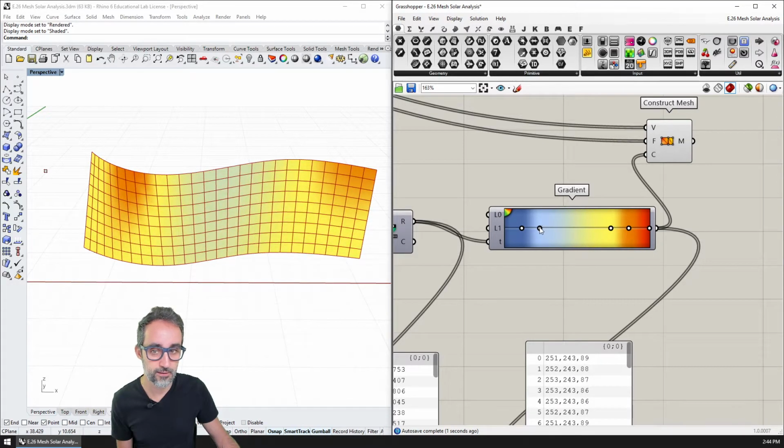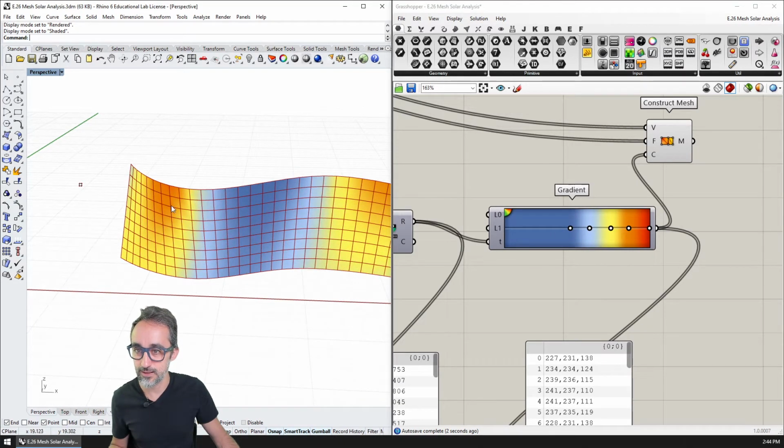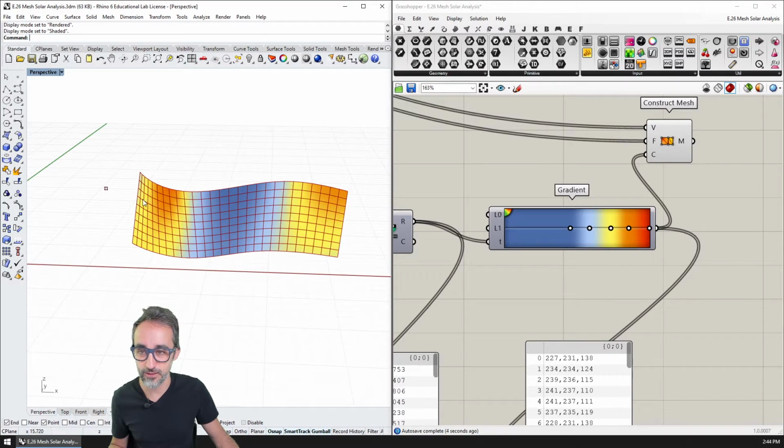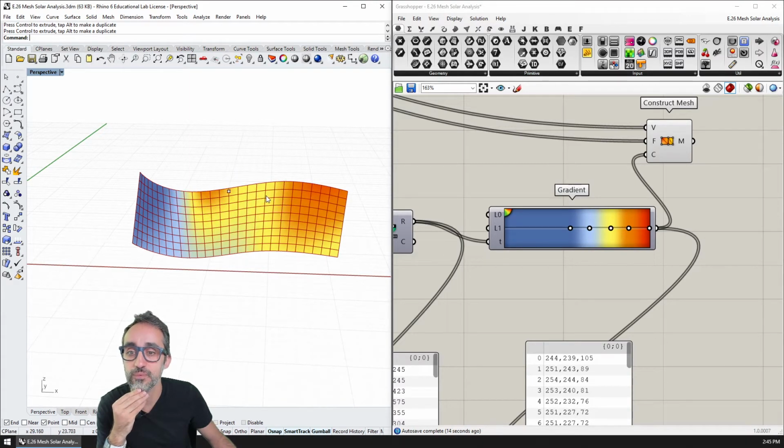Here and here and here and here. Can you see? So now this is telling me very strongly which areas are facing very frontally the sun and which areas are not. And if I move my point, you can see that those colors are going to change, right? Those colors are going to change on the mesh.